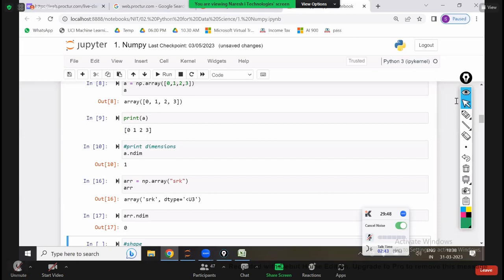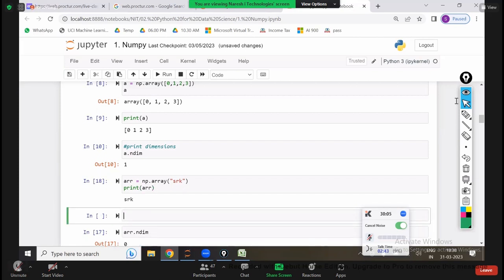Got the point? So whatever the array is there, if I print ARR, it is printing as SRK. It is a 0 dimension. Just ask what is the type of ARR. Type of ARR, it is going to show